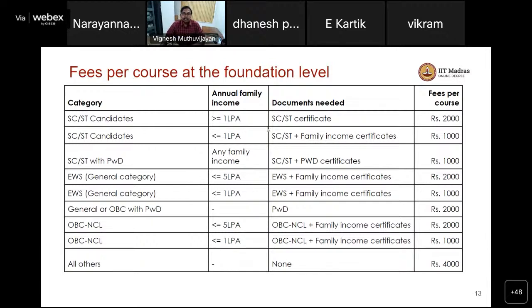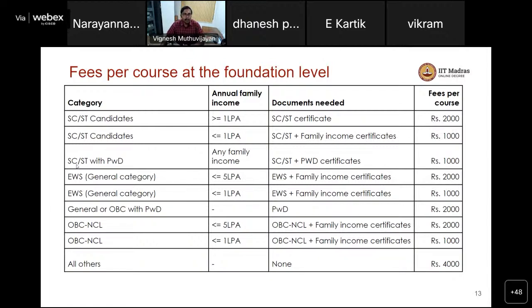Students who have a family income less than 1 lakh get up to 75% scholarship, and students with family income less than 5 lakhs get a scholarship of 50%. That's why you have 1,000 rupees for family income less than 1 lakh, and for family incomes less than 5 lakhs, you have 50% scholarships, and the course fee is 2,000 rupees per course.